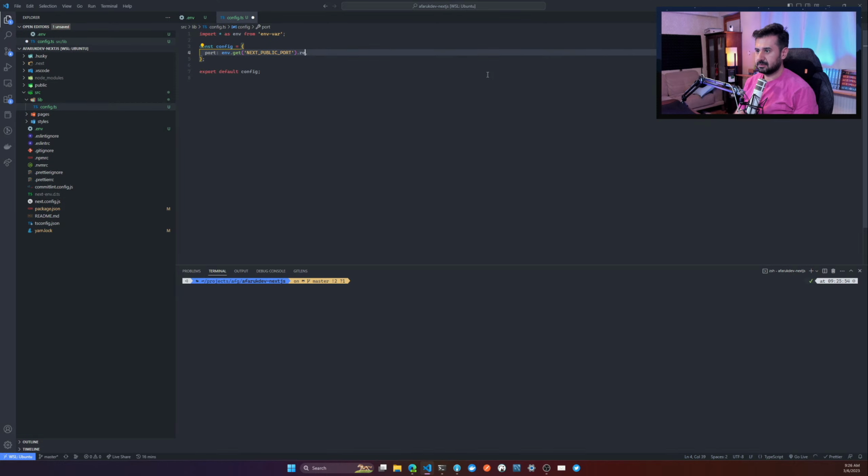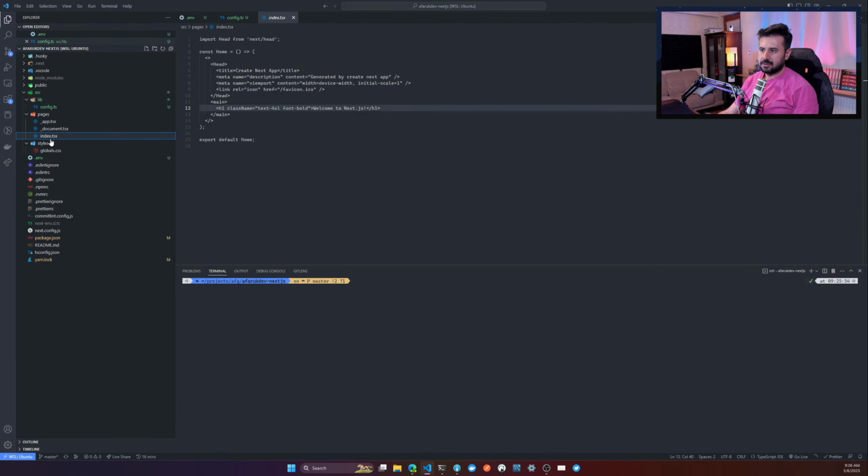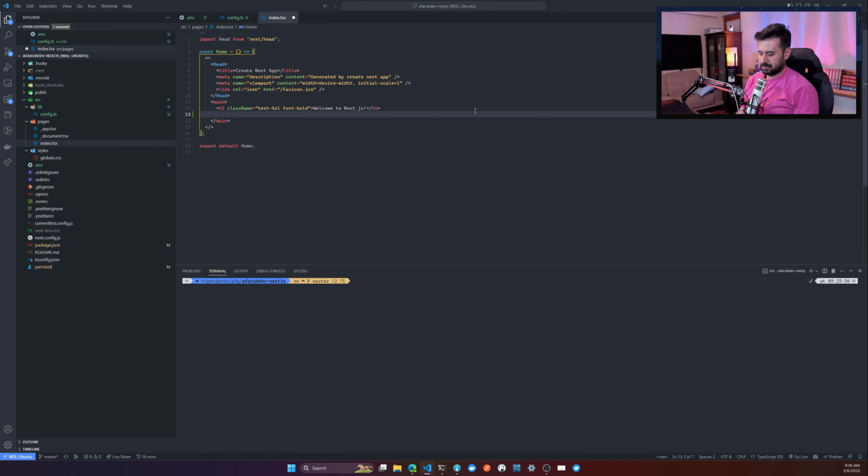Let's say required dot as number, as positive, as int here. There we go. This is okay. So then if we come here and import config,